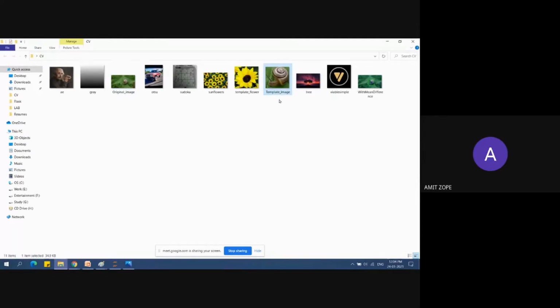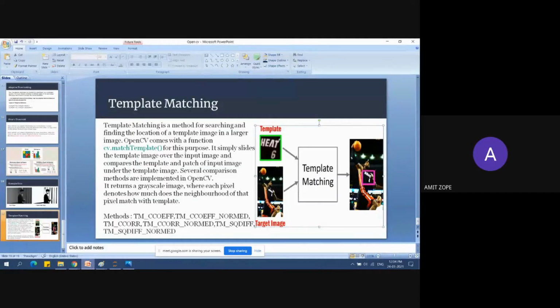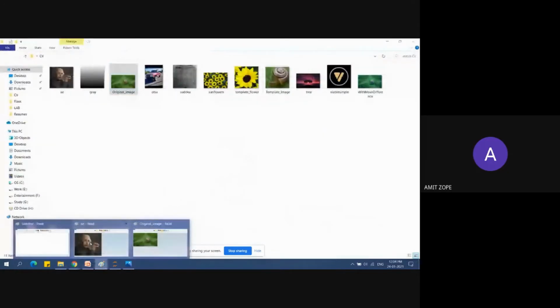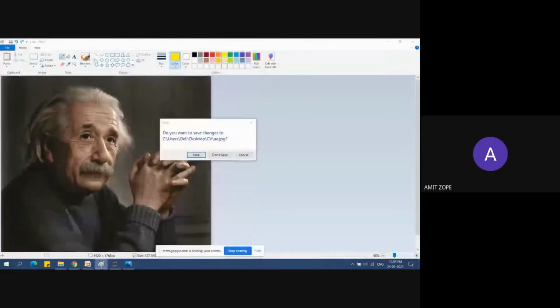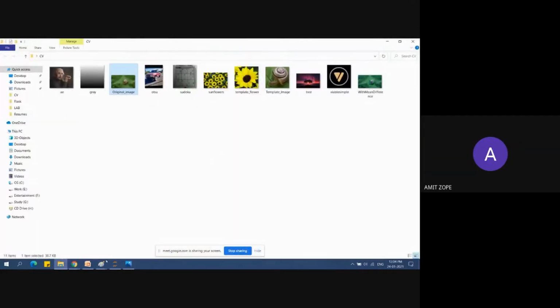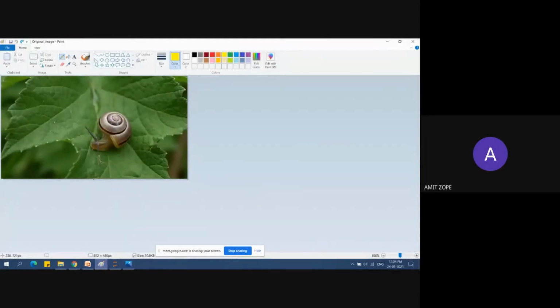So this is the template image and this is the original image. Now I will tell you how this operation is done.